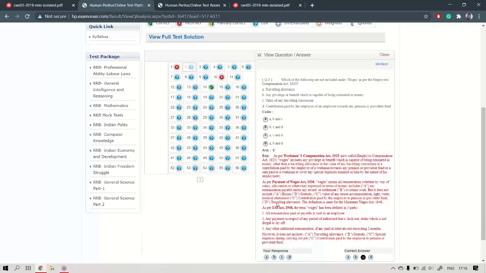Although the Payment of Wages Act and ESI Act definitions were not asked in this question, we have still done that here, because this is how you learn, this is how you get the overall picture, and this is how you remember things. With the same approach, we have solved questions of every topic, whether it is labor laws,